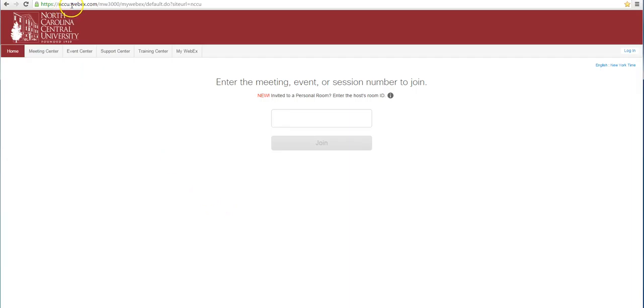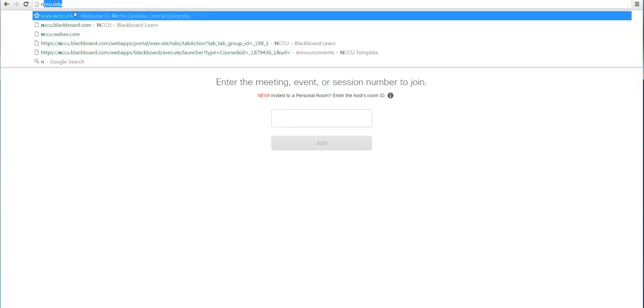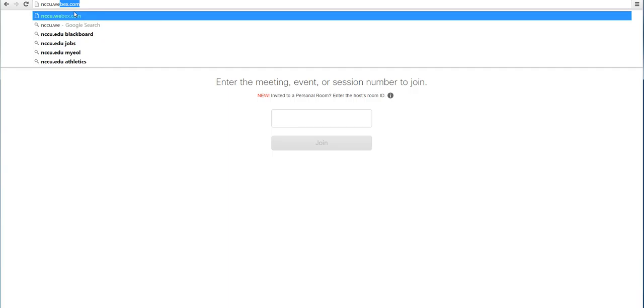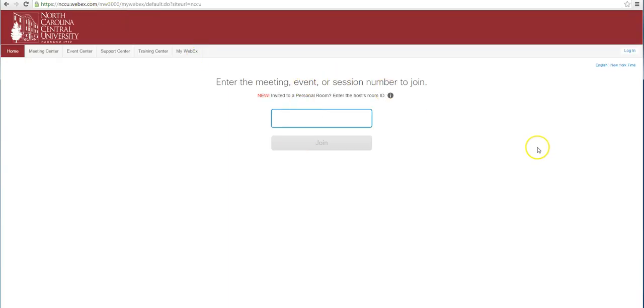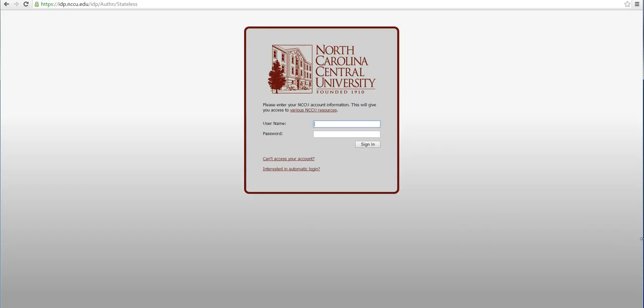Okay, so when you want to go to WebEx, you want to make sure you type nccu.webex.com, and it takes us to the WebEx page. And then we're going to log in using your NCCU credentials. So let's see if you already have, well, I mean, you definitely have one because it comes with